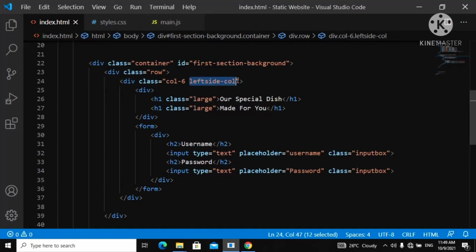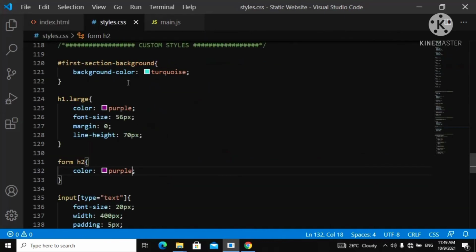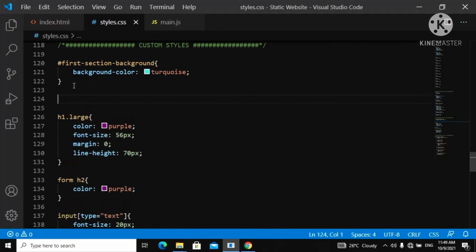Okay, so now let's go over to our web page and style this section. Where are we going to put these styles? Inside of our custom styles, of course. It will be after our background, because after the background is when we have our div. So we are going to say period left side column,